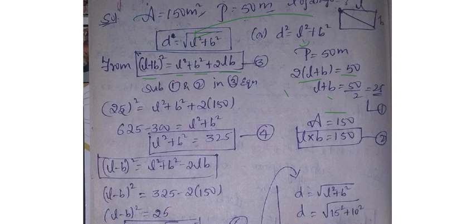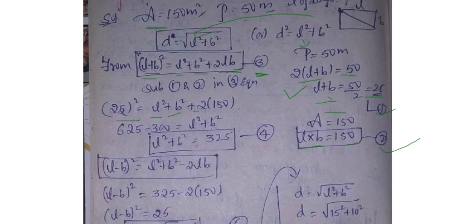Now we got the first equation as L plus B equals 25. Second, the area they have given is 150. Area formula, you know, is length into breadth for the area of a rectangle. So length into breadth equals 150. Now substitute the first equation and second equation in the third equation, that is the (L plus B) whole square formula. Then substitute L plus B is 25, as they have given. Here instead of L plus B I have written 25: 25 whole square equals L square plus B square plus 2 into L into B.